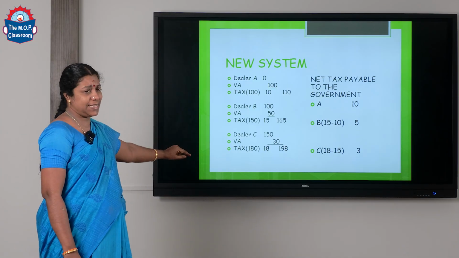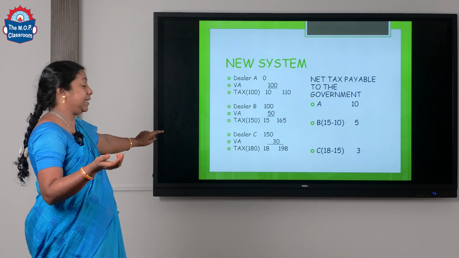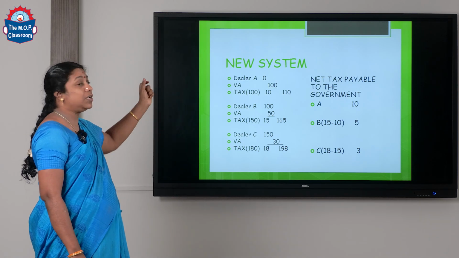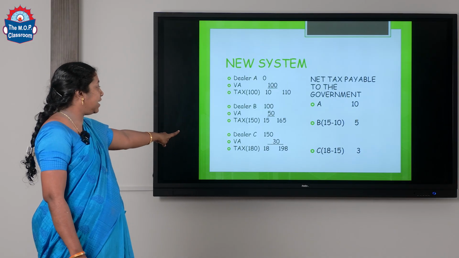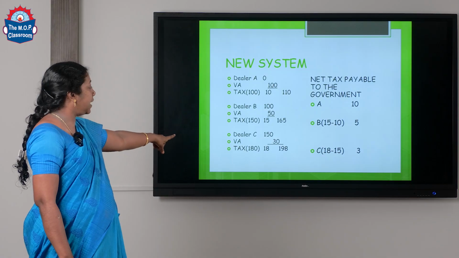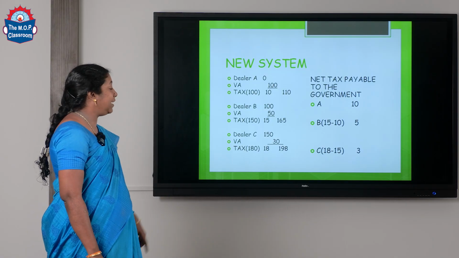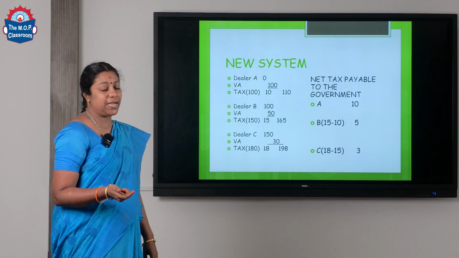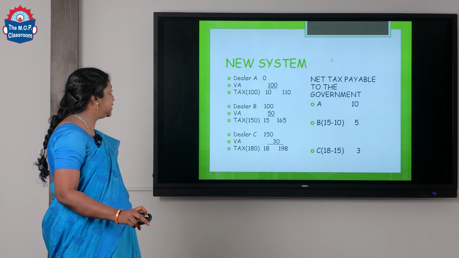If you move on to the next stage, the person whom you have sold to, the retailer, is going to sell it. So, what is the actual cost of the product? It is only 150. And he is making a value addition of 30 rupees. So, 10% comes to 18 rupees. So, you are selling it for 198. So, how much is the end consumer's price? It is 198.